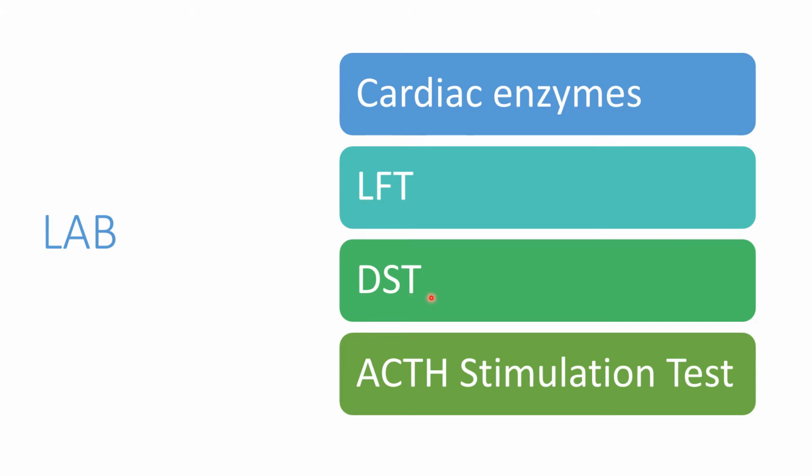dexamethasone suppression test. Somebody is asking, what's the business with it? Oh, do you remember the other time we went through cortisol level, right? And we said Cushing syndrome will have high cortisol level, and high cortisol level will shoot the BP up. So it is not out of place to ask for dexamethasone suppression test, because we want to be sure we are not dealing with Cushing syndrome. Of course, the Cushingoid facies will be visible in anyone with Cushing syndrome, but just for academic exercise,